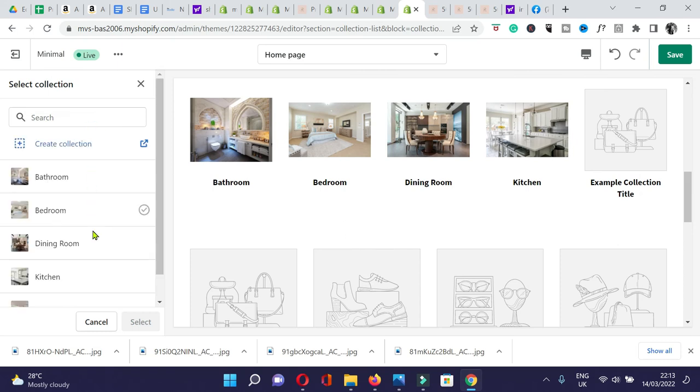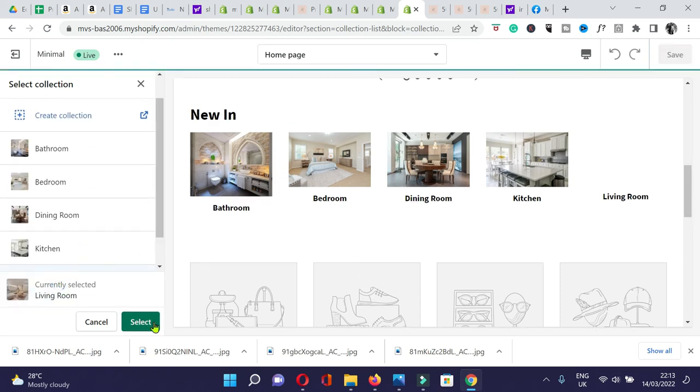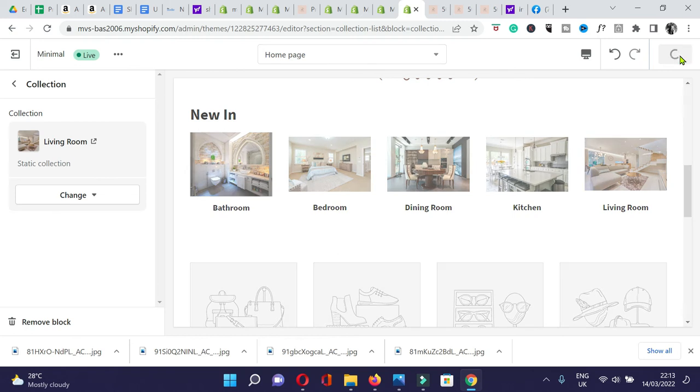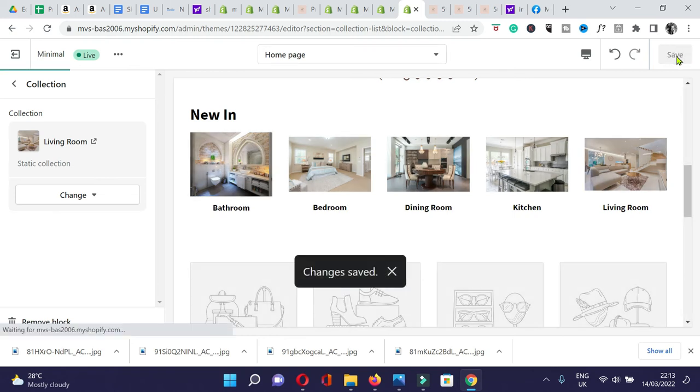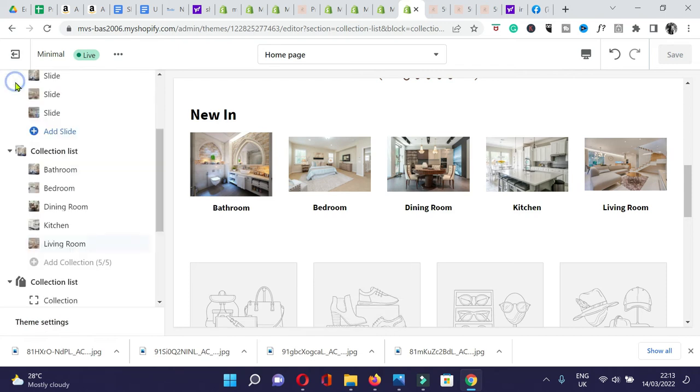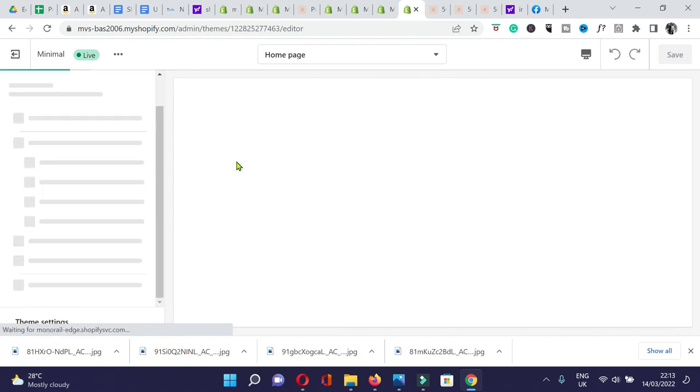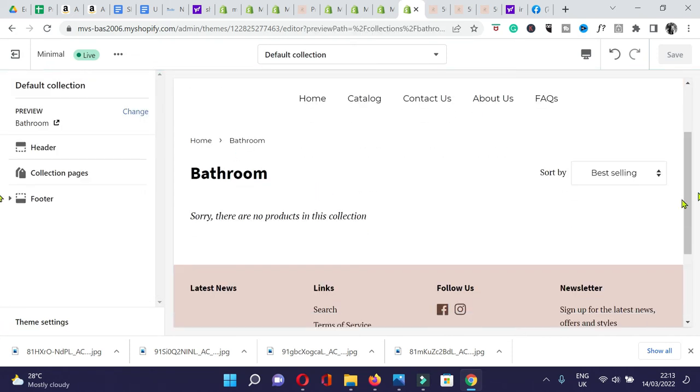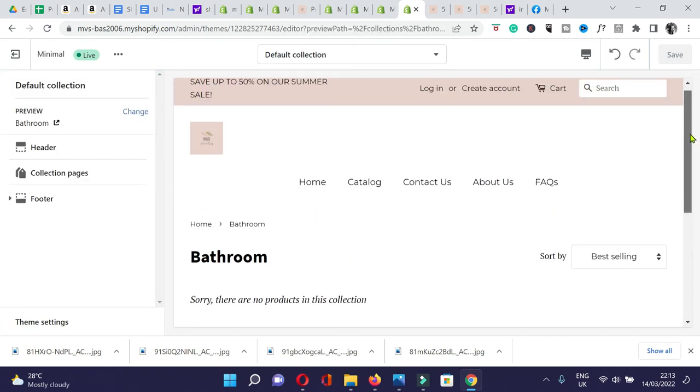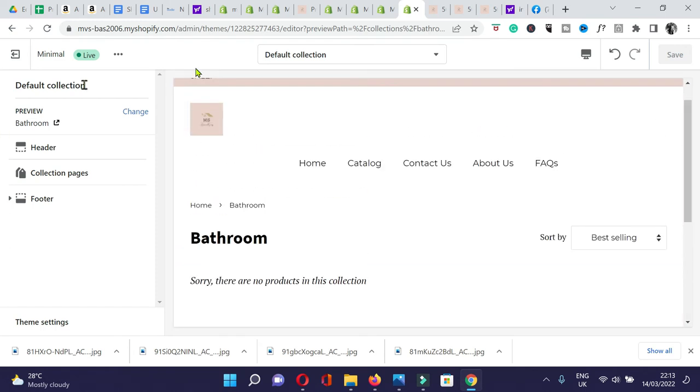It's gonna be living room. So there you have it. And then what we're gonna do now is add some products to this collection. So if you can see right now, there's nothing in here yet. So